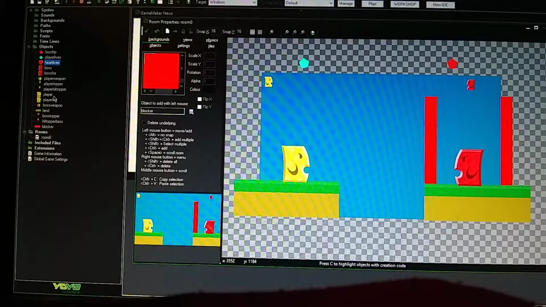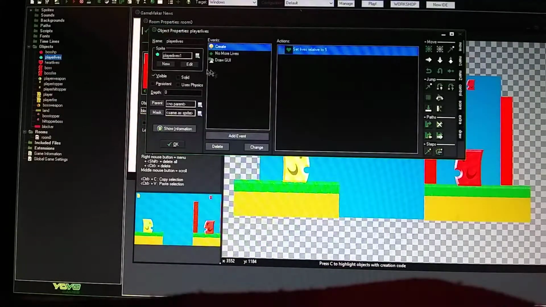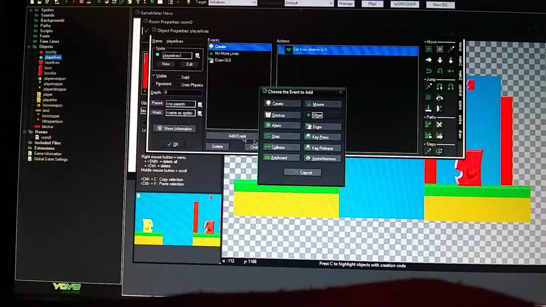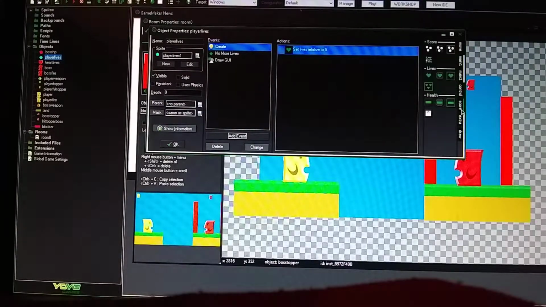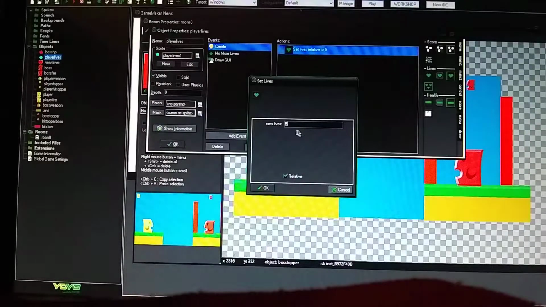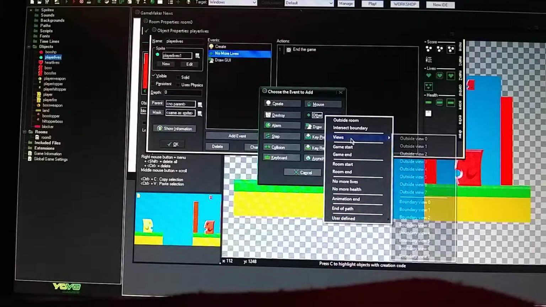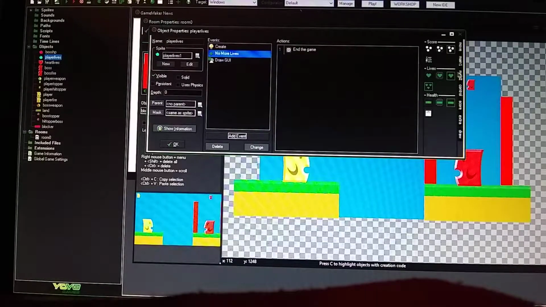And so with my player, basically it's set up Playerlives. It's going to be this octagon shape, visible, and then I went to add event, did a create, dragged over lives from the score tab, set it to 5, set to relative, no lives, went to add event, went to other, went to no lives, and then I went to the main 2 tab, dragged over in game, then I clicked on